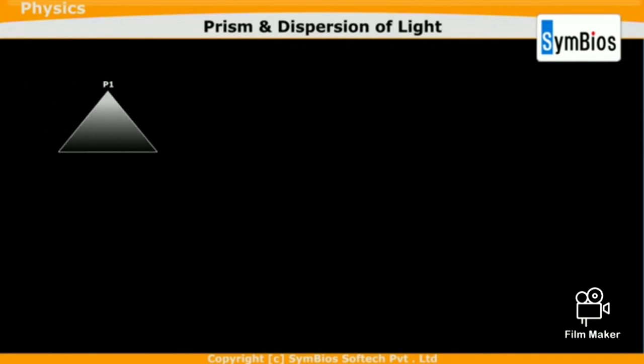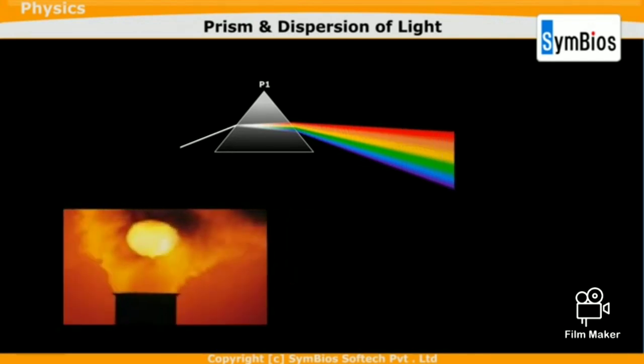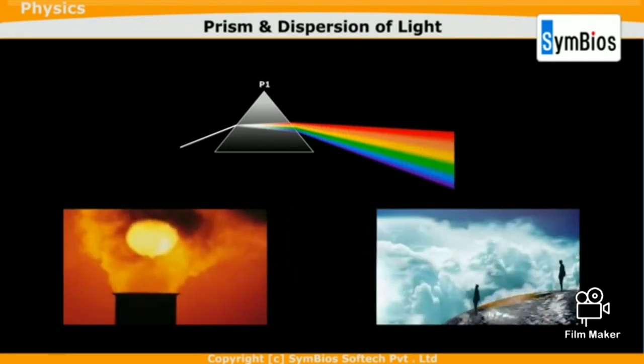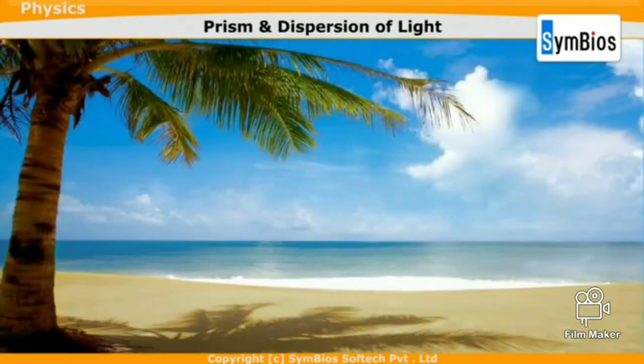In this lesson, we have seen how a prism works. We have also learned the phenomena of dispersion, atmospheric refraction, and scattering of light. Now we have a question for you to think about. Haven't you noticed the color of the sea? The sea appears blue on clear days. We know that water is colorless,